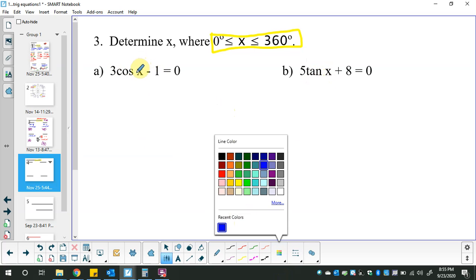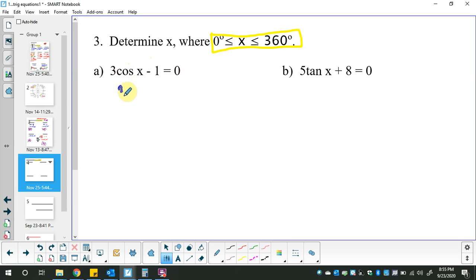Now, if the trig really throws you off, then my suggestion is you take all of the cos x, because remember they're attached, and you turn it into a letter. So I'm going to turn it into the letter M for math. Way better than T for trig, because T's look like plus signs for some of you. That should be something that you solve fairly easily. So take the 1 to the other side, change its operation, divide, and get yourself